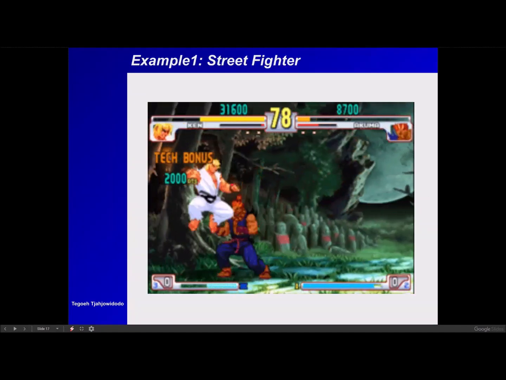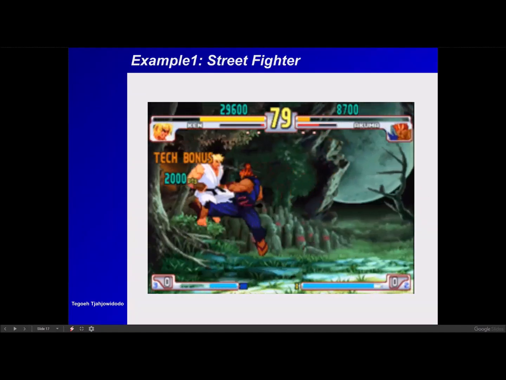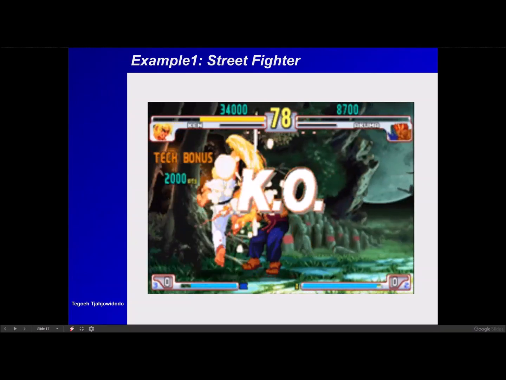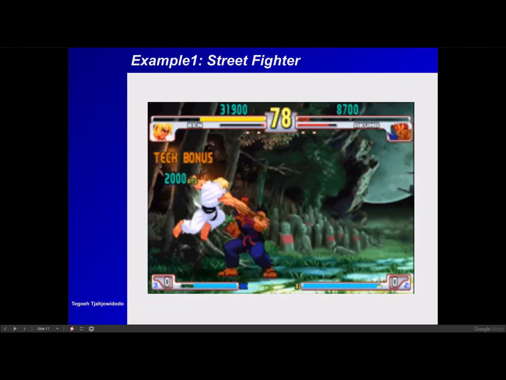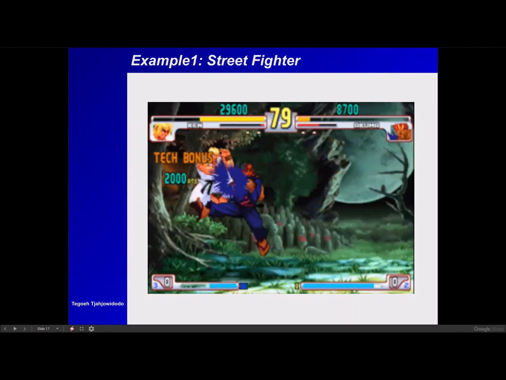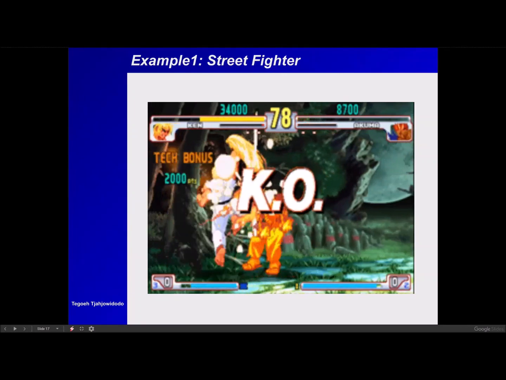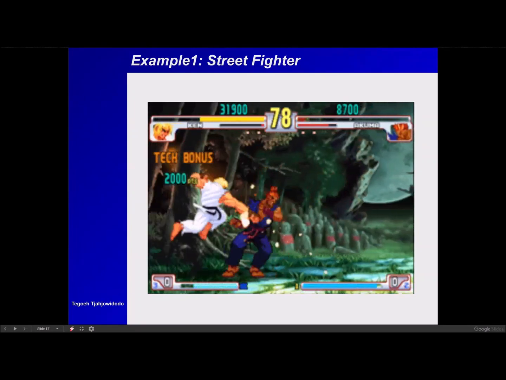What I have already discussed mathematically might not be really clear to you, but let's go directly to the example. So in here, I'm playing a game, Street Fighter. I don't know if you know this game. It was quite popular. It's a fighting game